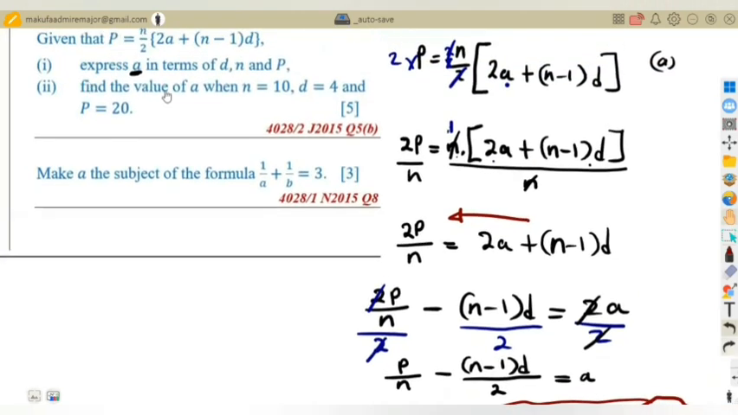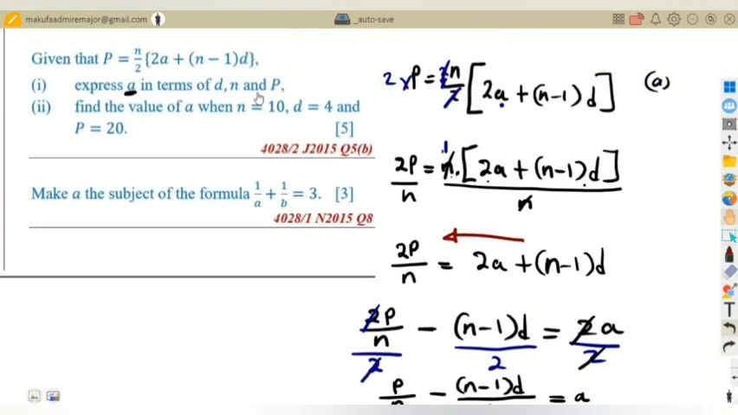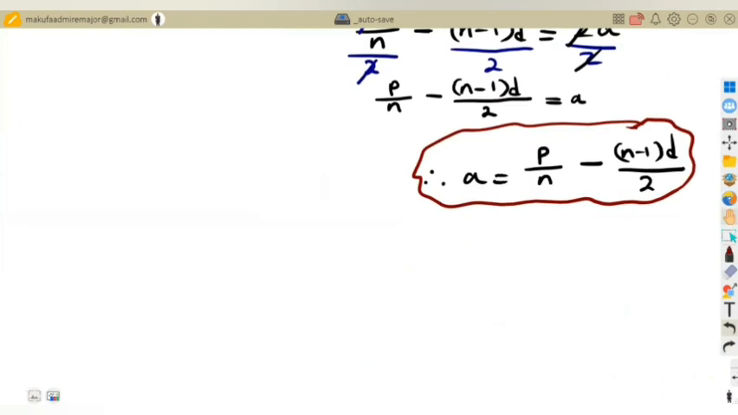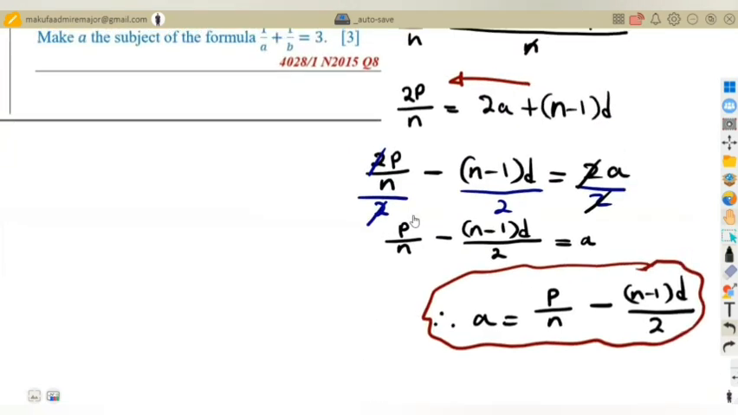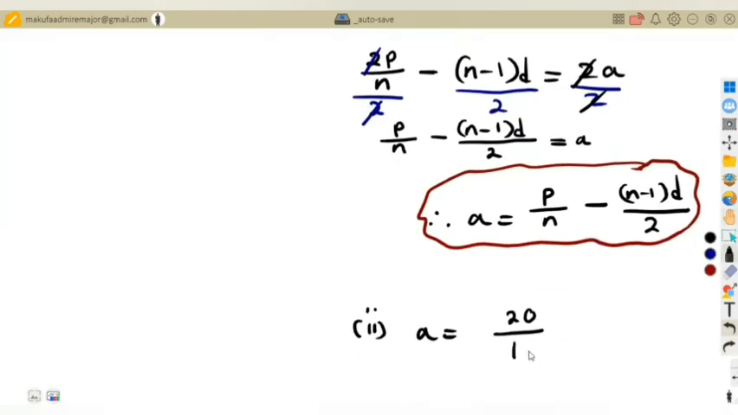Now they are saying find the value of a when n is 10, d is 4, and p is 20. So we are simply going to substitute where we have made a the subject here. We are given the value for p and n, so p is 20. So we are simply going to say a is equal to p, remember p is 20, over n which is 10, minus n minus 1, which is 10 minus 1, times